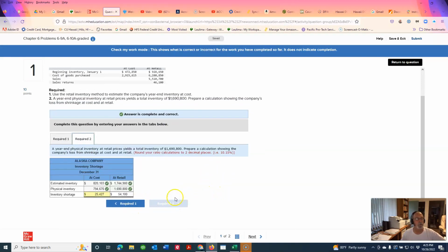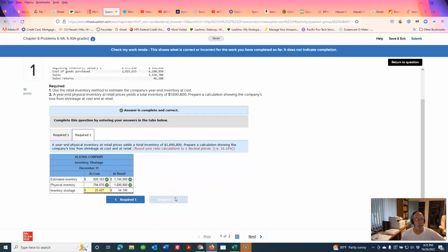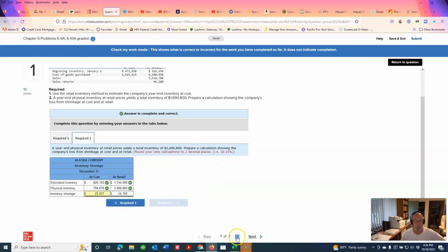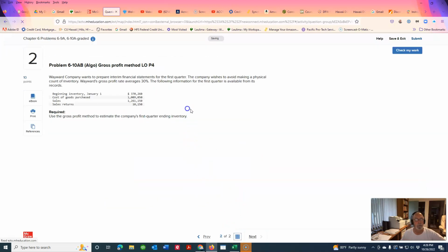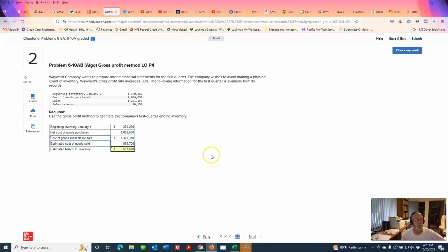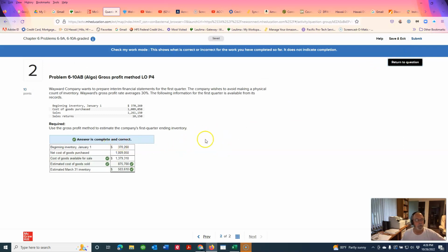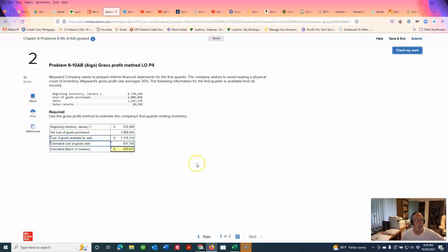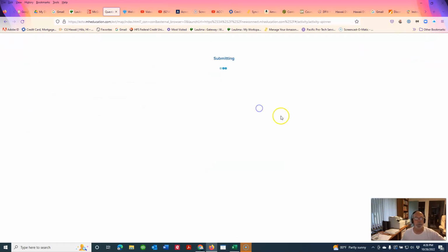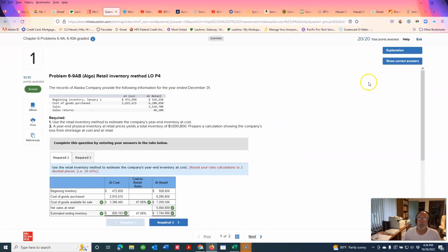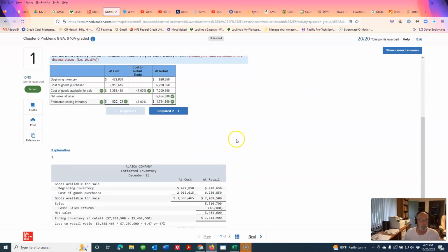So we have requirement 2. That's complete and correct. Requirement 1, complete and correct. And then we go to problem 2, and our solution is complete and correct. And so we should be able to submit and submit. And if we view our results,